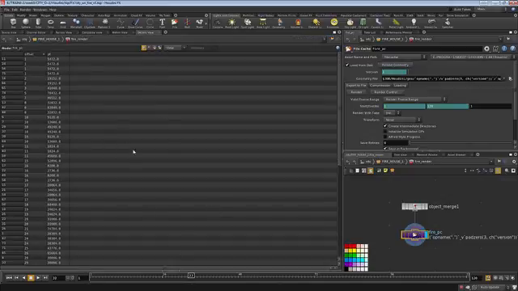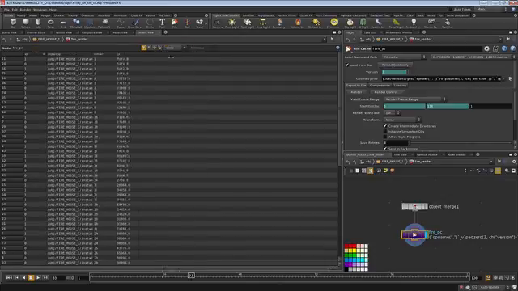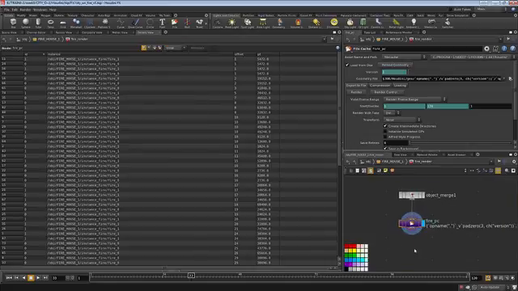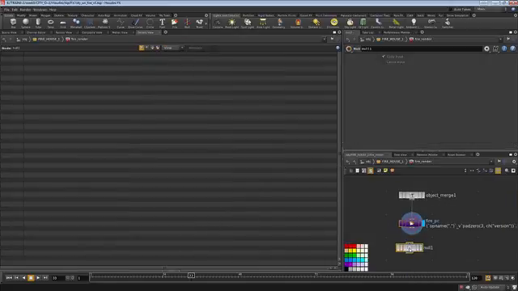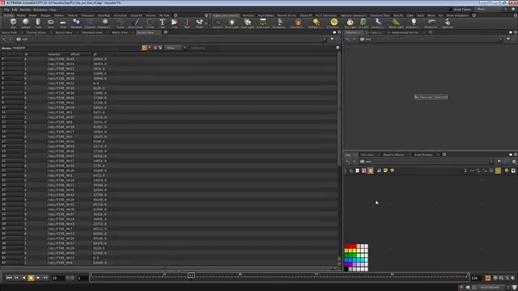Let me just check my detail view. If I go here to instance, I said instance, okay, that's fine, should be good. Okay, and a null. Okay, now